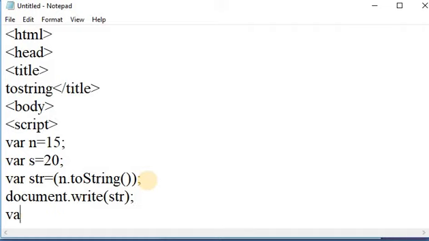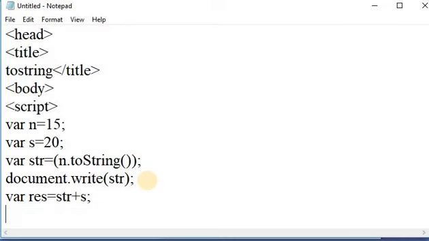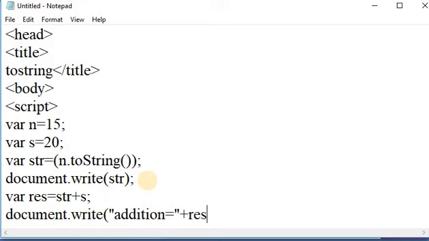Again, I am taking another variable, res, and apply addition on these two, that is str plus s, and print this result on the web page: document.write, addition is equal to plus res, that is the result.